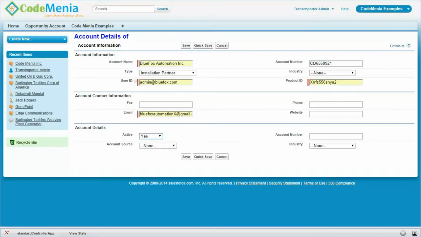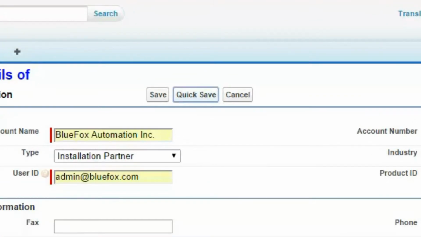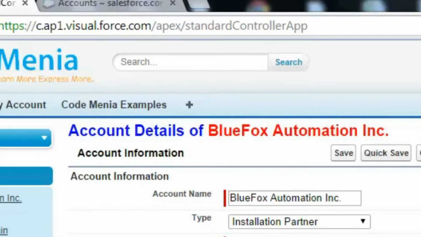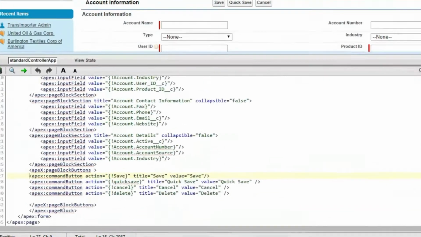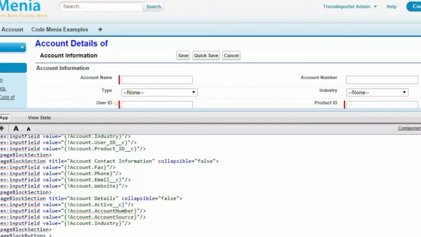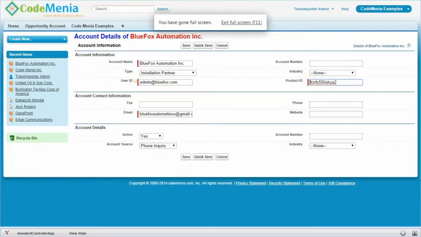So we can quickly create one record without navigating to the detail page. This record has been created, and this page has not been redirected to the account detail page. This can be achieved by the quick save method, which can be called using this notation.